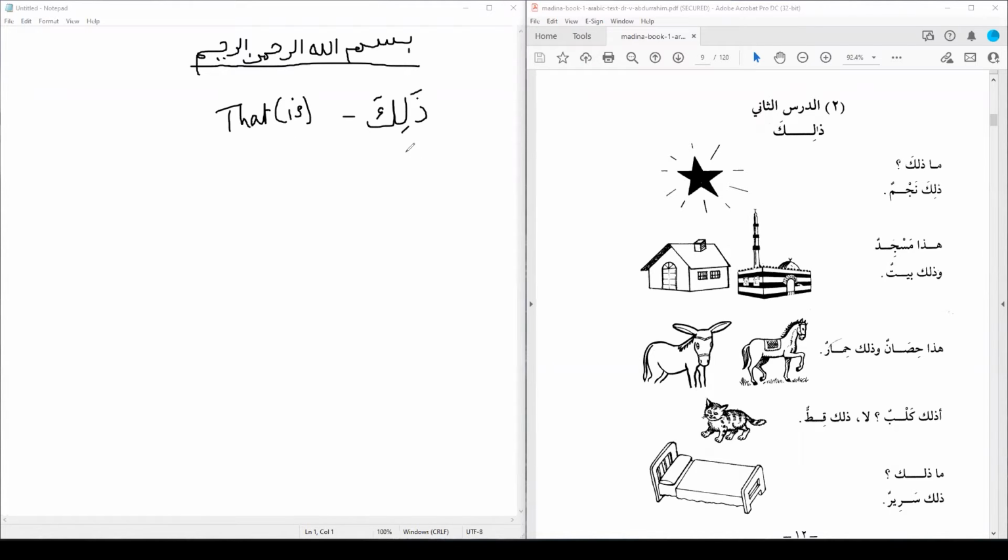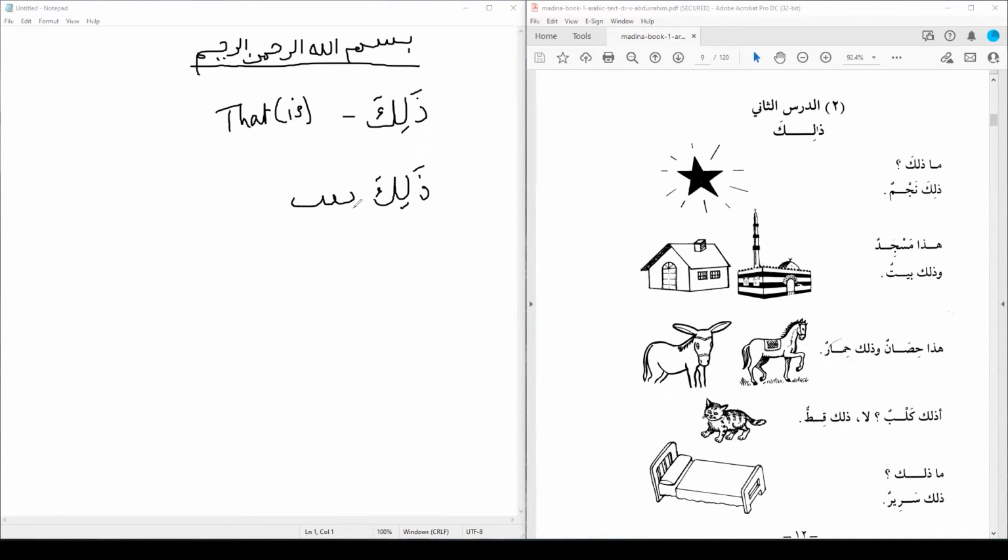So the difference between hadha and dhalika is, hadha, which means this is, you will use for when an object is close to you in proximity, for example, right next to you. Whereas dhalika, that is, will be used for an object that is further away from you. So you might say ذَلِكَ